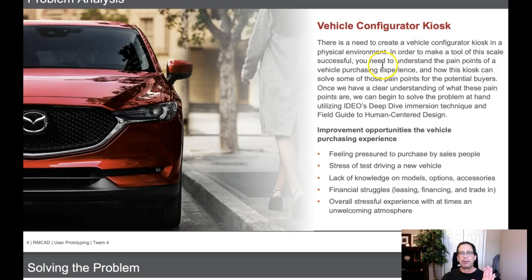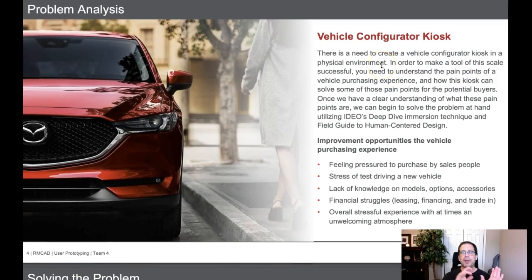Okay, one thing I would mention is this. I know you mentioned this a little bit later in your presentation, but right here, this is a little bit misleading, and I'm looking for a way to improve this opening comment. The problem analysis is that there's a need to create a vehicle configurator kiosk as a physical environment. In order to make a tool of this scale successful, you need to understand the pain points of a vehicle purchasing experience. Okay,